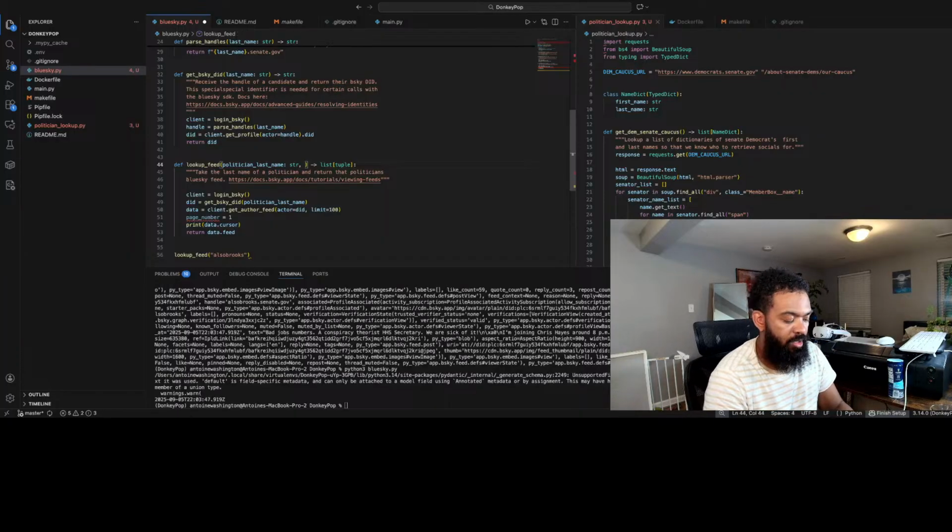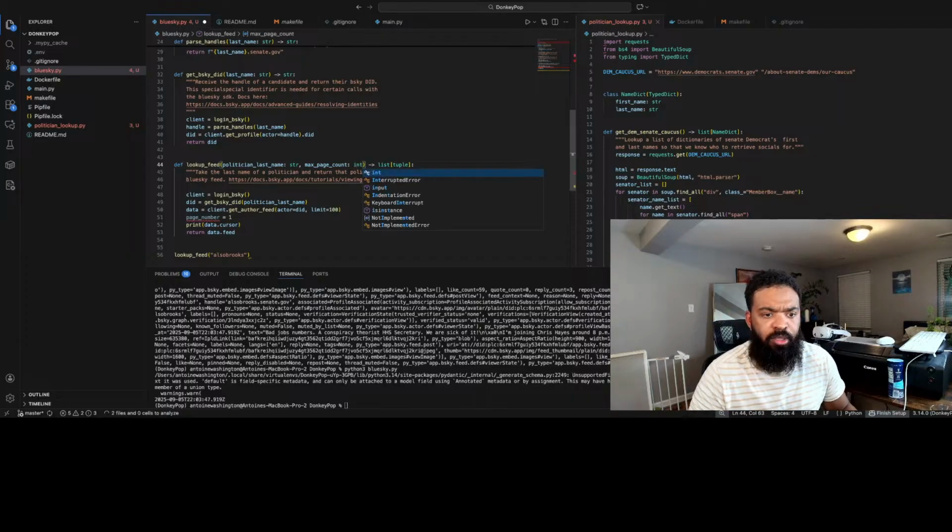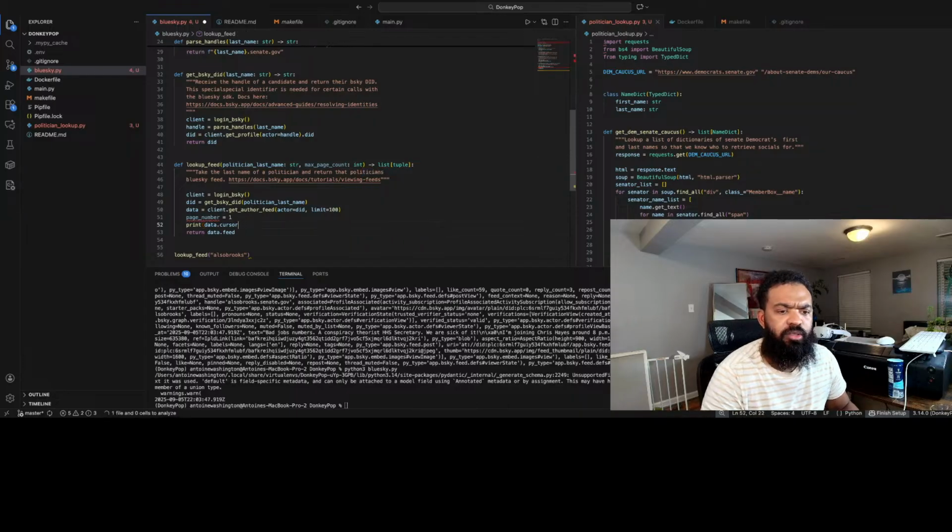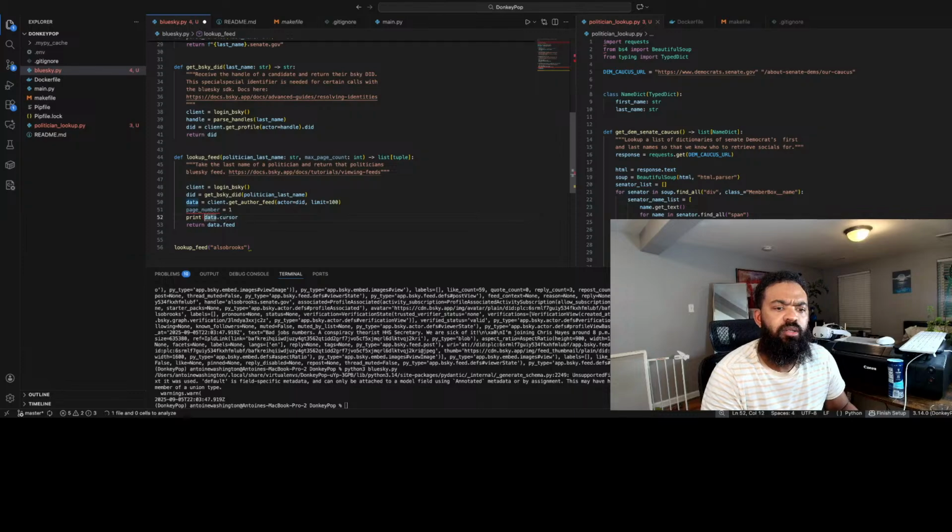Okay, I'm gonna go max page count. I'm gonna make that an int. I'm gonna come down here. So now that we know data.cursor is there, we can go with this: if data.cursor.